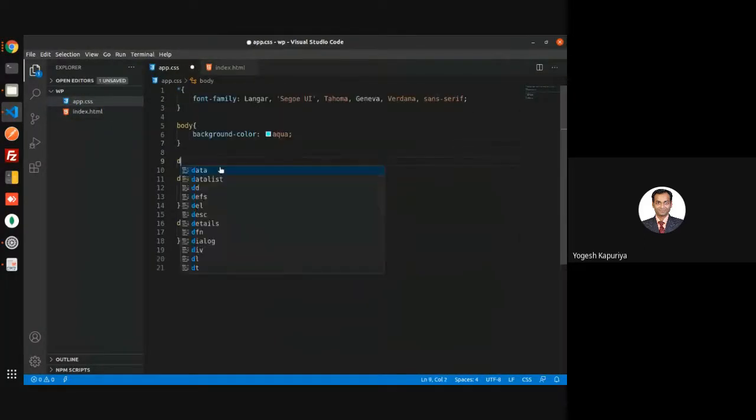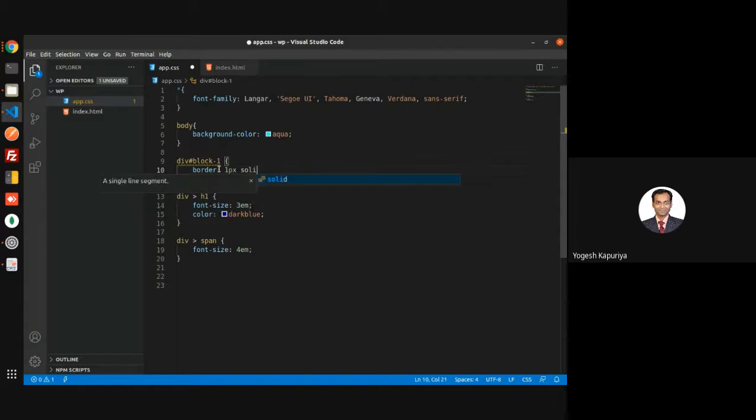We have written a div block 1, and then we are saying border 1 pixel solid and the color is black. So we are applying a style on this particular block.